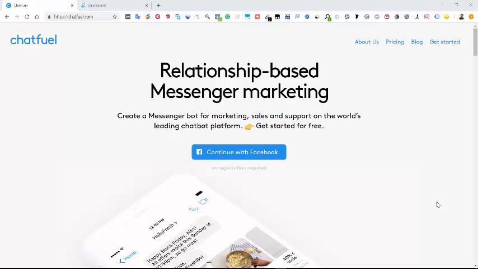Same thing that chatbots will also do for you. But in this case, it's going to be on Facebook. So, right on Facebook, you can push messages to people's inbox. But these are people who have opted into your chatbot. Now, there are two most popular chatbots out there, and one of them is Chatfuel, as you can